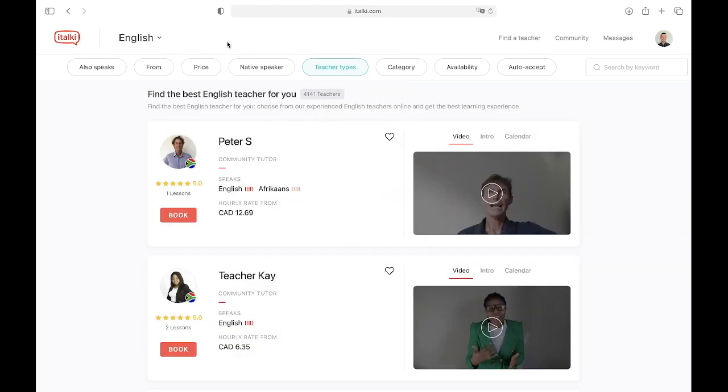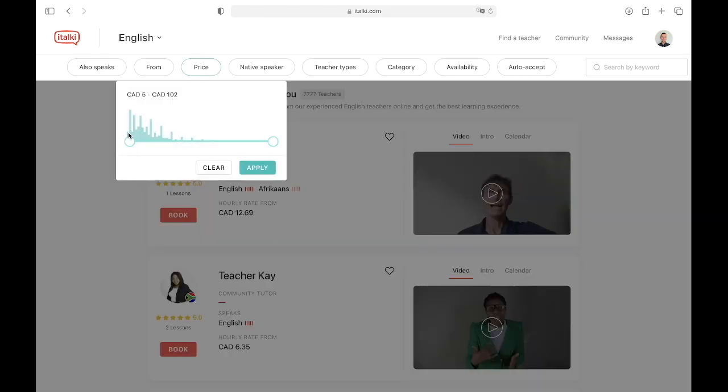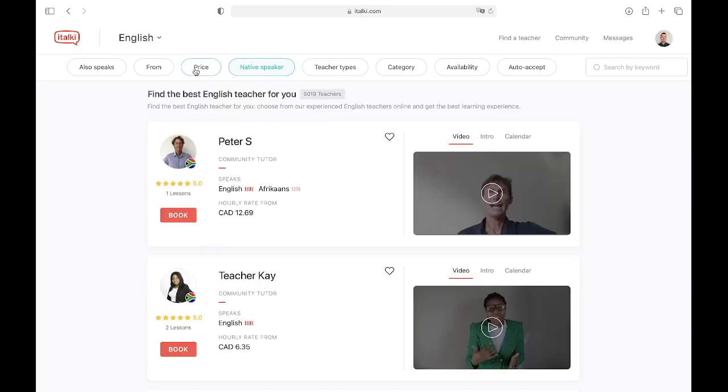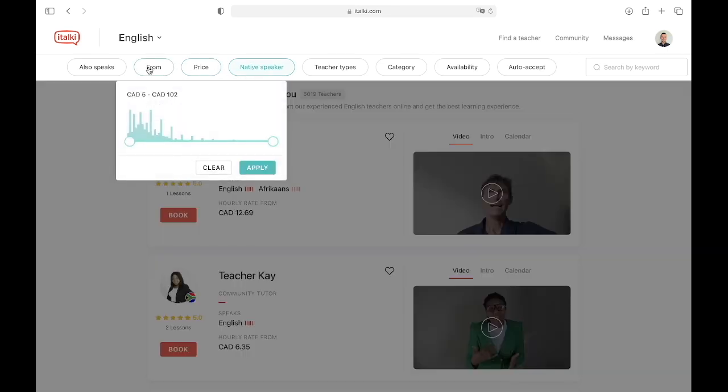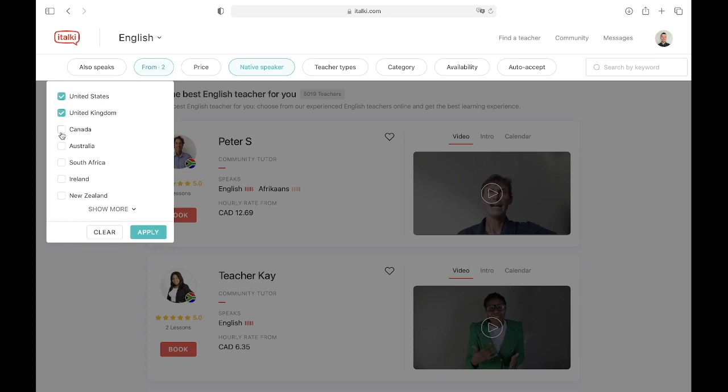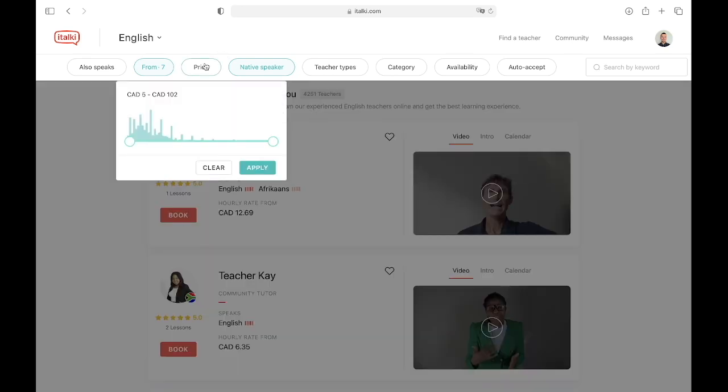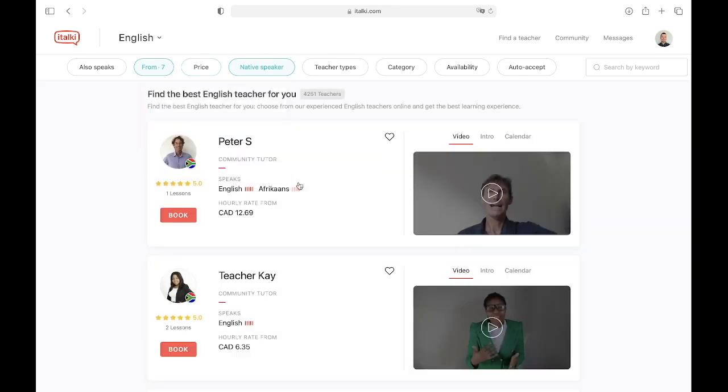So let's have a look at the difference in terms of price now, because this could really interest some people. Imagine I'm looking for an English teacher. Let's have a look at the price range here. So this gives you an idea of what the range is over here. However, if I'm looking for a native speaker, let's see how this changes. Okay, not too much. How about if I'm looking from these common areas, these popular areas? From first glance, it doesn't look like there's that much of a difference. So I think this is important to see as well, that it won't be that much of a price difference